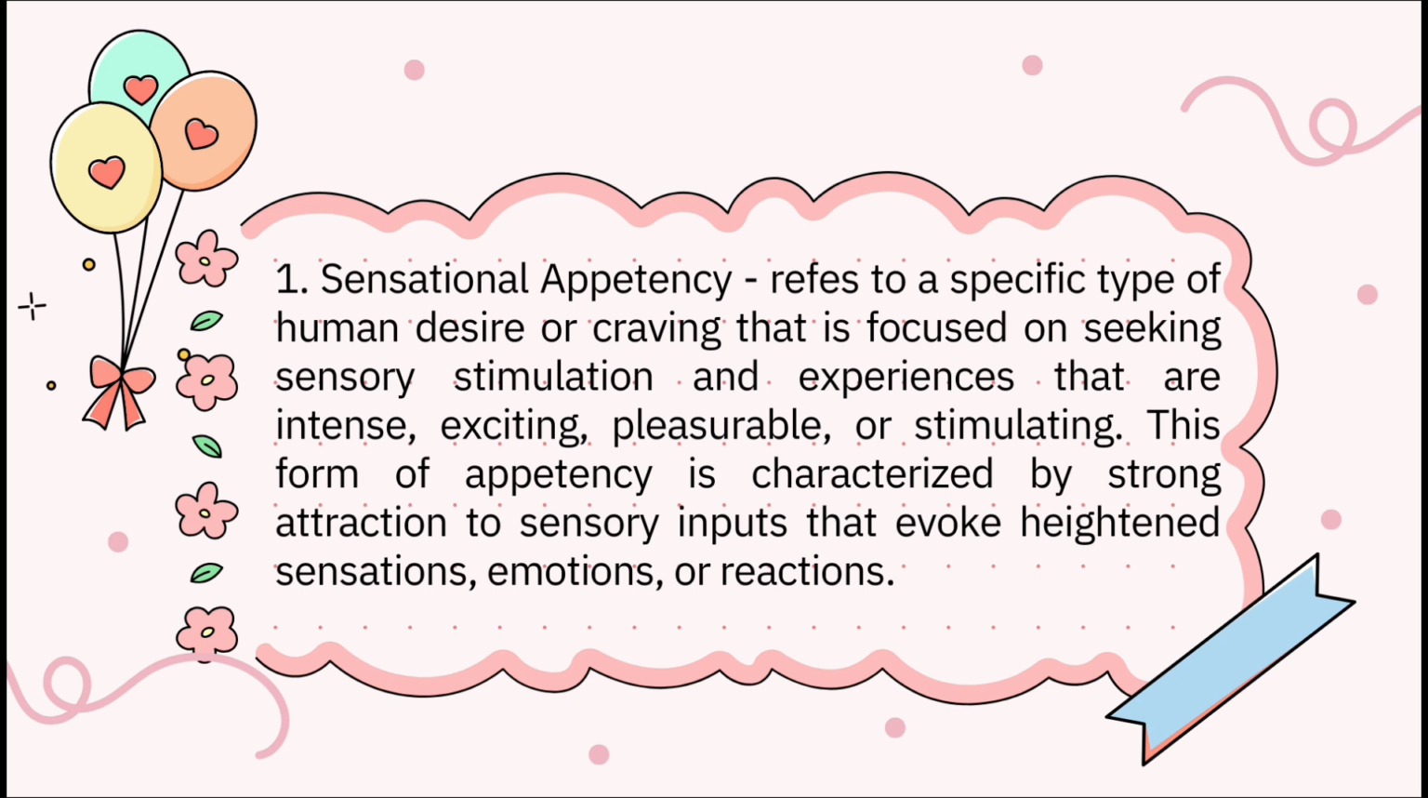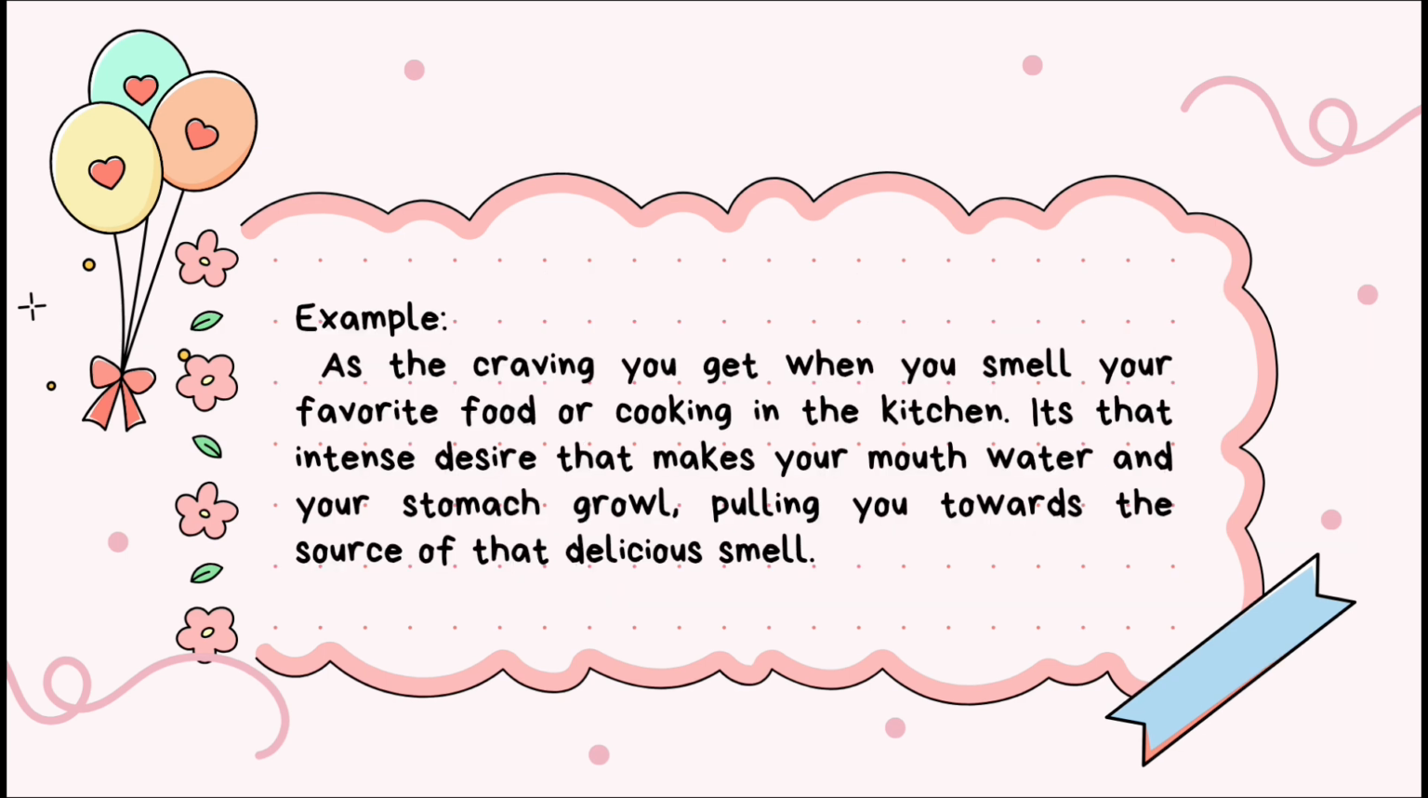Sensational appetency refers to a specific type of human desire or craving that is focused on seeking sensory stimulation and experiences that are intense, exciting, pleasurable, or stimulating. This form of appetency is characterized by strong attraction to sensory inputs that evoke heightened sensation, emotion, or reaction. An example of sensational appetency is the craving you get when you smell your favorite food cooking in the kitchen. It's that intense desire that makes your mouth water and your stomach growl,